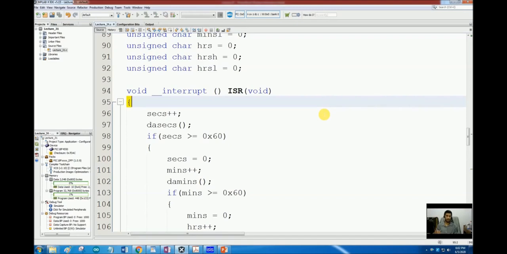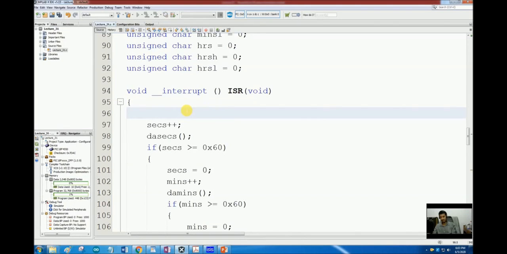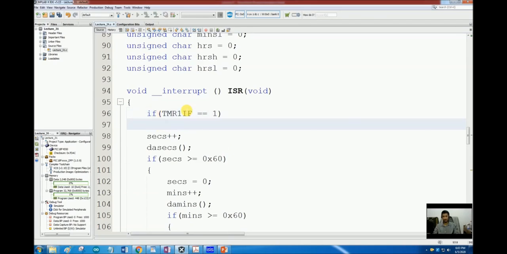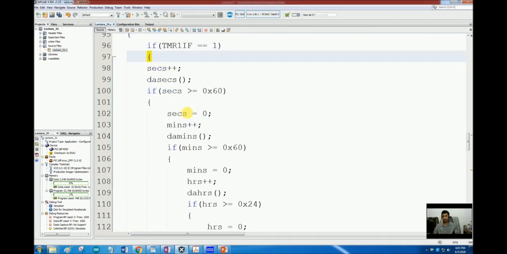So what we want to do is give a higher priority to our timer 2 that is generating the actual waveform, and a lower priority to timer 1 that is just displaying the value onto the 7-segment displays. So let's write an if condition here. If TMR1IF is equal to 1, do this.